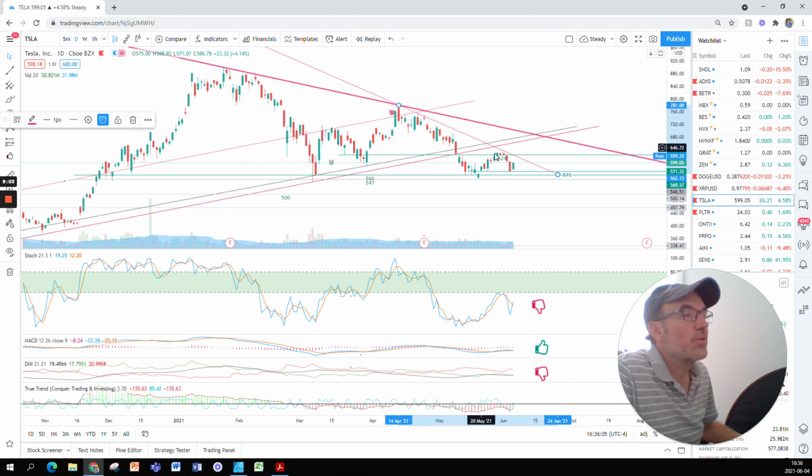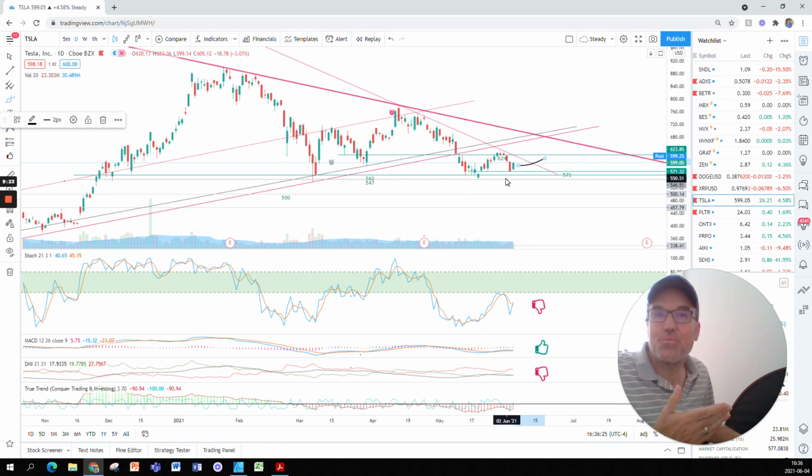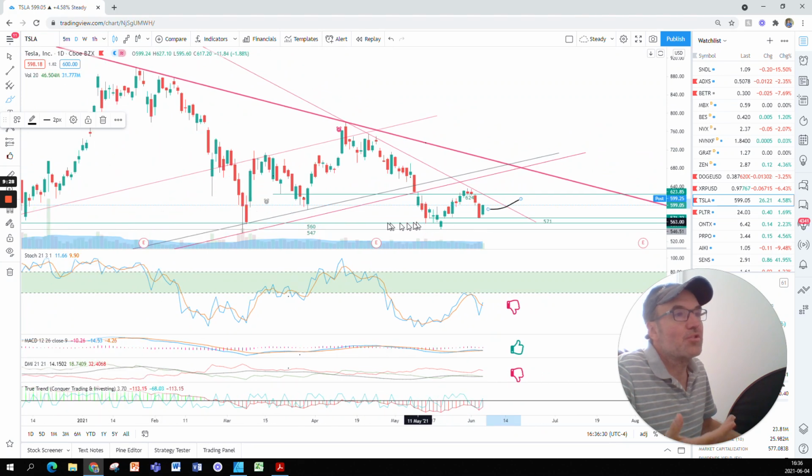So basically, this is the new resistance. This is the next resistance to beat. But it is a close resistance, so I would not be surprised that when Tesla breaks this resistance, because it seems to be accepting the support at 560 and also the support at 571. The fact that we did not go back to 560, I think, is a good sign of the